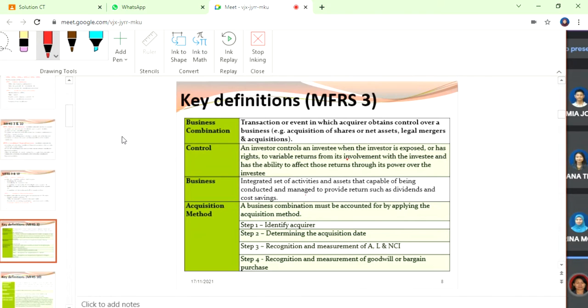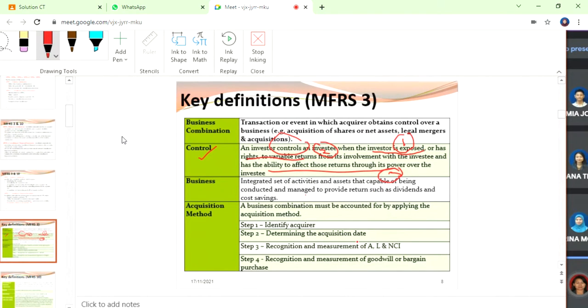So control is when the investor is exposed. This is one of the criteria for control. Number 2, has rights to variable returns from its involvement with the investee. And number 3 is the ability to affect those returns through its power over the investee. So these 3 elements must exist for it to have control. Business means an integrated set of activities and assets that are capable of being conducted and managed